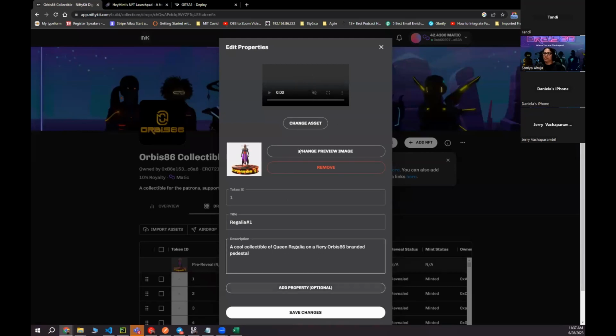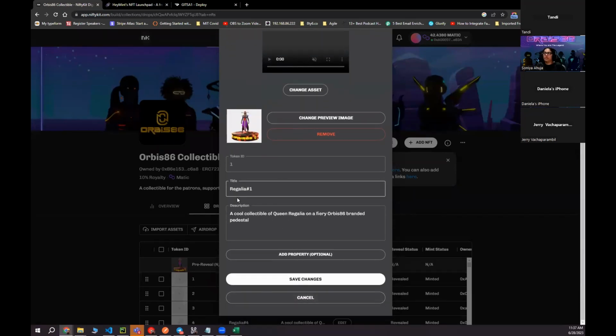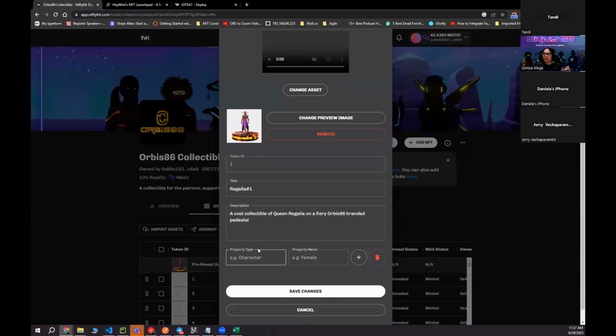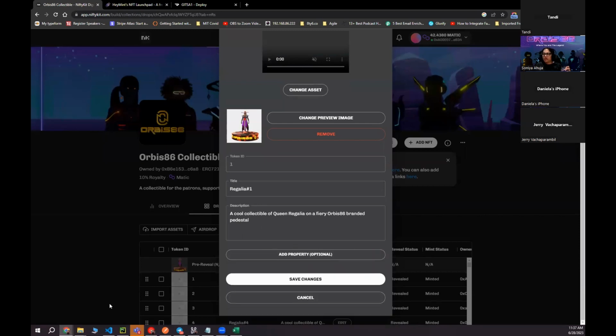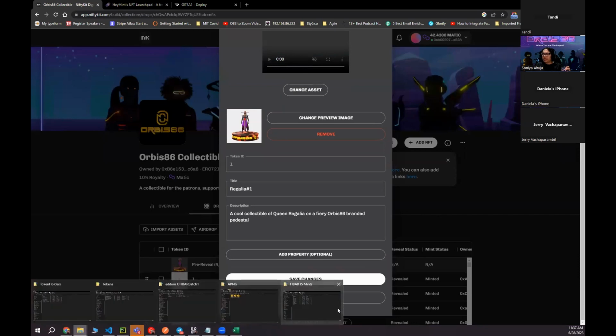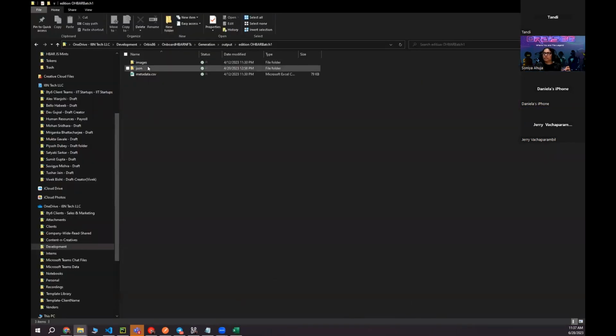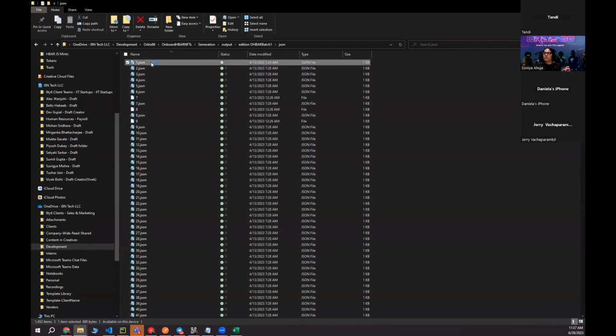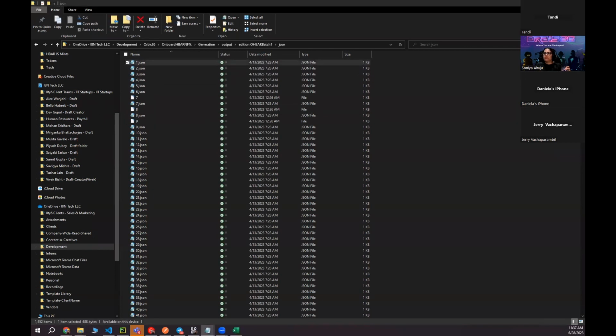Now I can add items to this collection, and I can also edit individual items. I can add some properties here because I hadn't created metadata externally. So there are no properties and all of them were the same. We didn't have any property created separately. But if you upload your metadata, you will see the property values over here, in key value pairs. So if I open up one of the metadata formats for this one, if you look at the JSON file that we have here, for example,